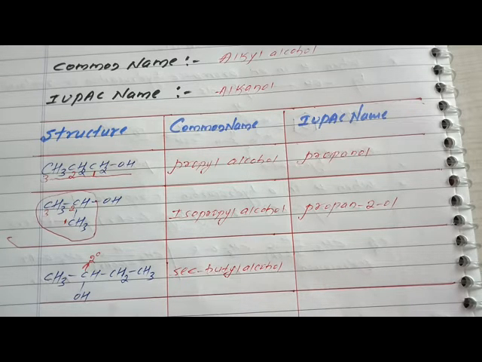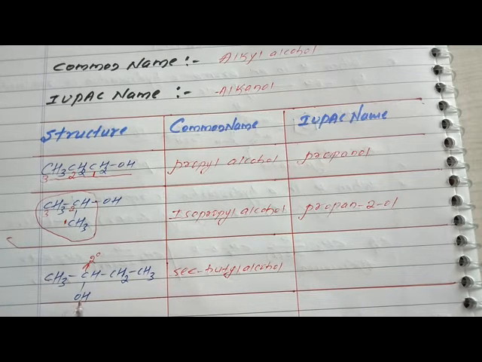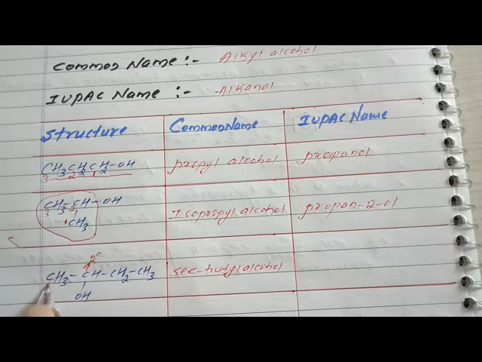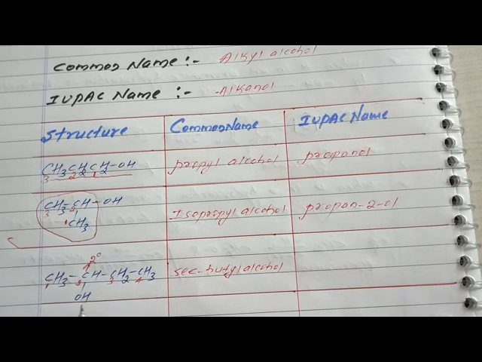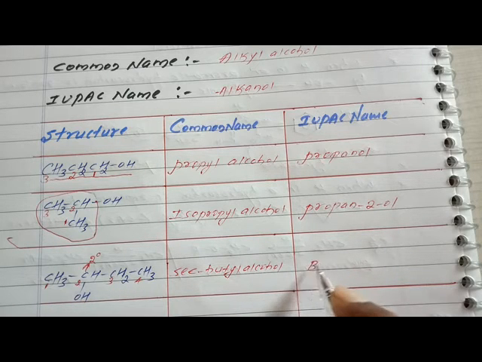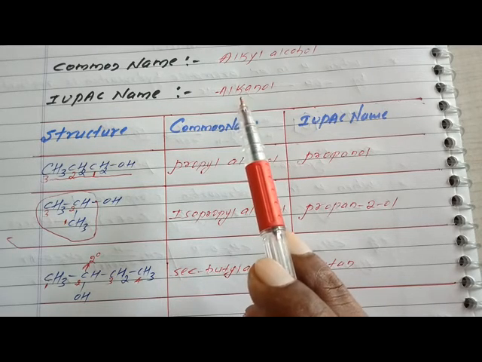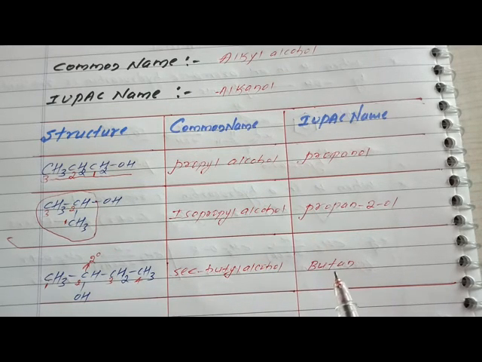Again we need to number the compound. Okay, so we are numbering this compound from this side because it is nearest to this functional group. Okay, so 1, 2, 3, 4. Suppose you are numbering from the other side, it's wrong because this OH is nearest to this side. Now 1, 2, 3, 4, as there are 4 carbon atoms, so now the parent alkane is what, students? Simply it's butane. As per our rules we are writing it in an alkanol manner, so we simply write it as butanol.